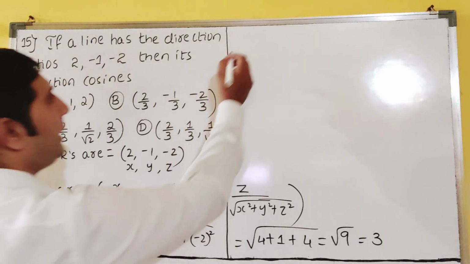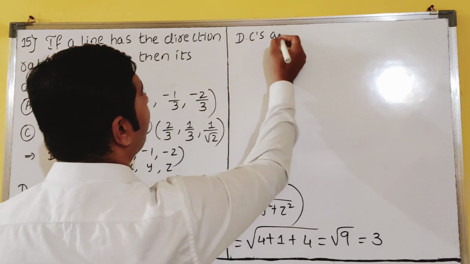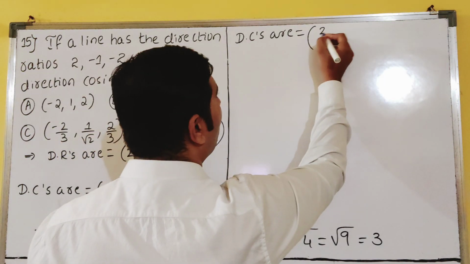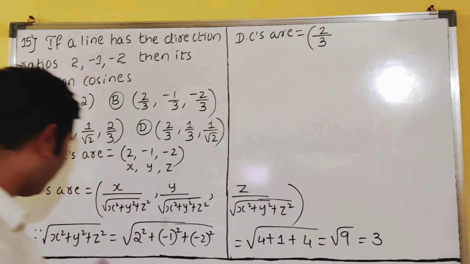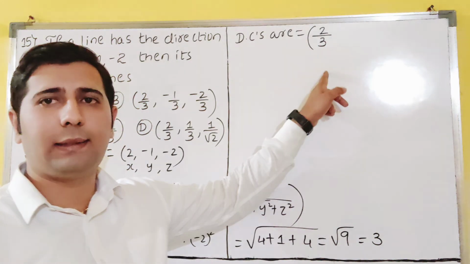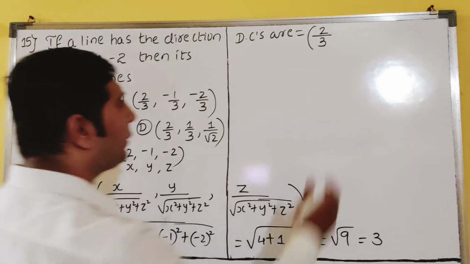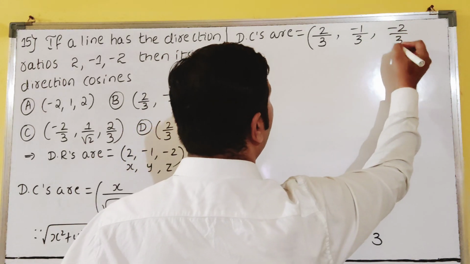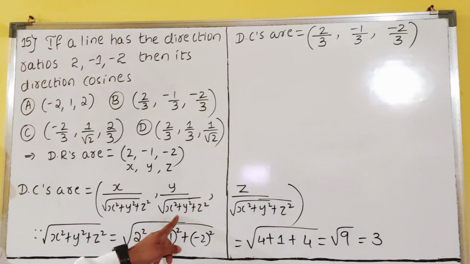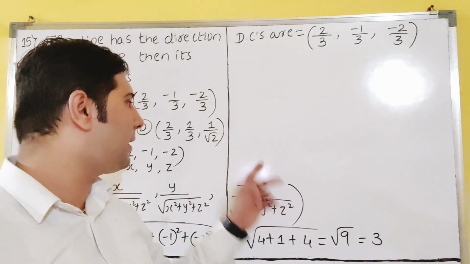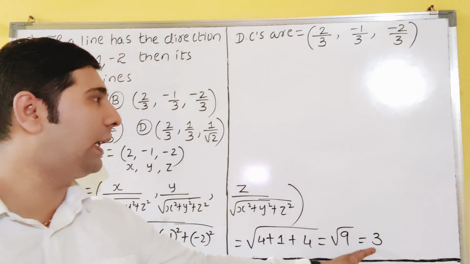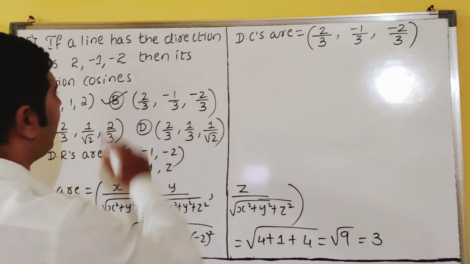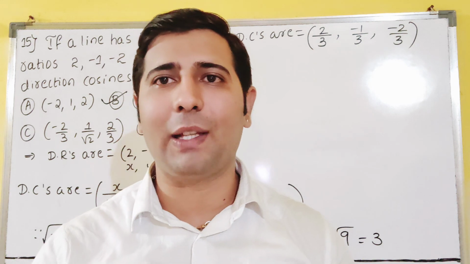So just substituting the direction cosines now. Formula is there, x upon this. x is 2. So 2 by square root of x square plus y square plus z square, that is 3. So 2 by 3. So y is minus 1 by 3 you can write, and z is minus 2 by 3. So these are the direction cosines. The square root is the same for everything, so you have to divide by 3, and you will get the answer. So which option matches here? That is matching with B, dear students. So B for bingo. Bingo is our answer, dear students.